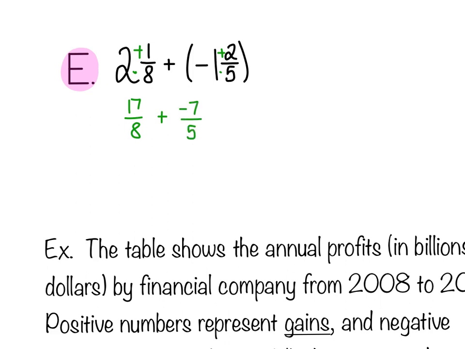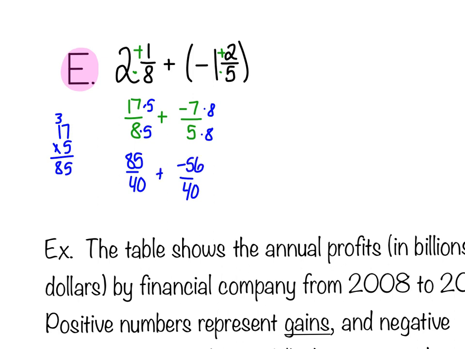Need a common denominator. The first multiple of 8 that also is a multiple of 5, so I know multiples of 5 end in a 5 or a 0, is actually 40. So that's going to be my common denominator is 40. Which means I times by 5, and 17 times 5, again, going off to the side to do extra work here. That is the issue with improper fractions, is that sometimes they can get big numerators like this. And 5 times 7 is 35, here are the 3, so 85/40, plus times by 8,